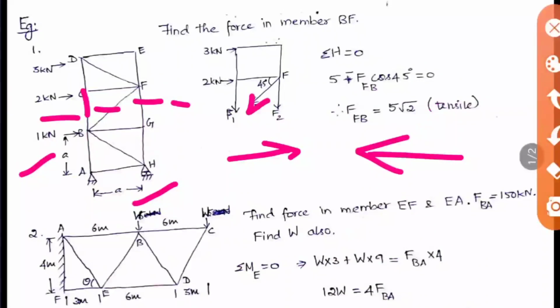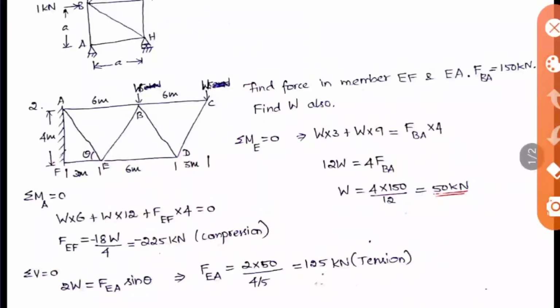Okay, if in the same question I take the force in the other direction, you can check that also, you will be getting the answer as minus 5 root 2. If it is minus, it means that the arrow mark which we have taken is wrong, so you have to consider it in the alternate way. So obviously it will become compression. So I think you are clear now. So we can see the next example.